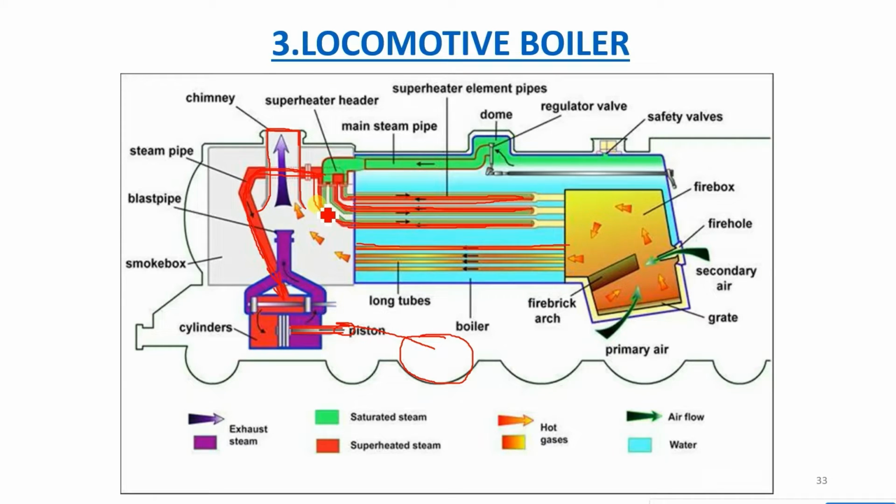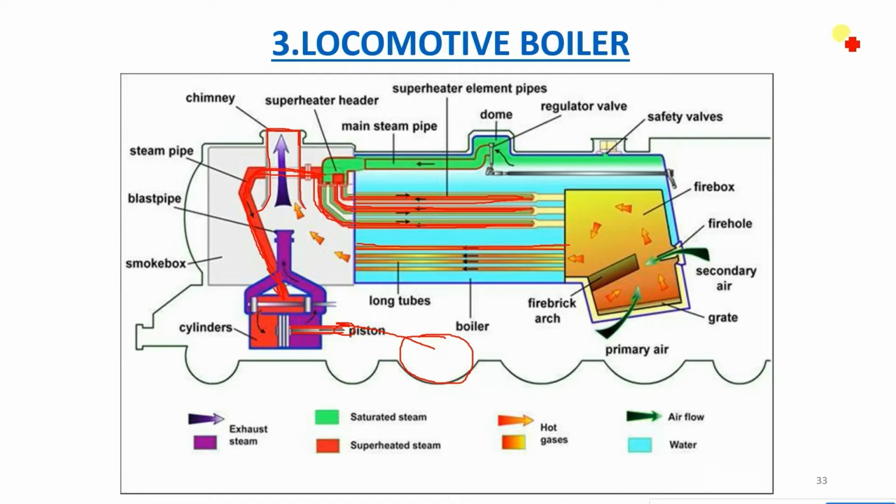Also, this is a non-condensate type power plant. Non-condensate type means, in a power plant, when the water is converted into steam, it expands in the turbine and is condensed in the condenser, and that steam is reused. That is called a condensate type of power plant. Non-condensate type of power plant means once the water is converted into steam, it cannot be reused; we have to waste it. So here there is no condenser. Therefore, it is a non-condensate type, and whatever water is converted into steam goes to waste.